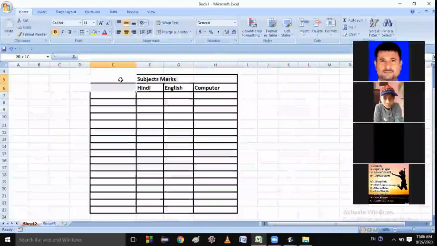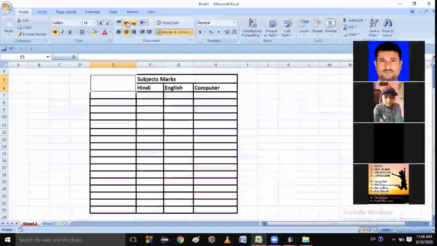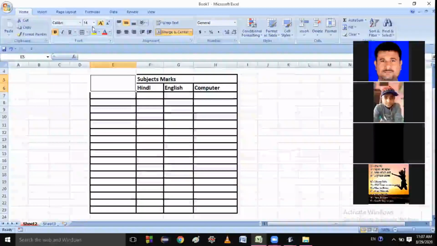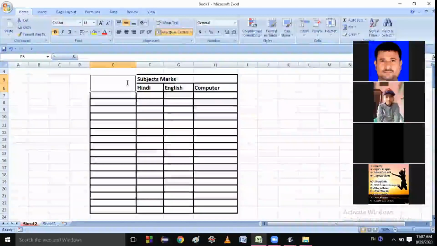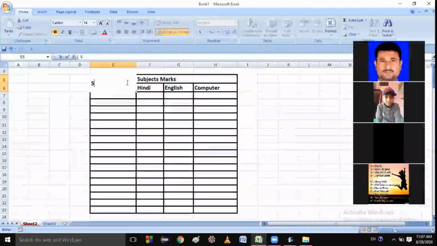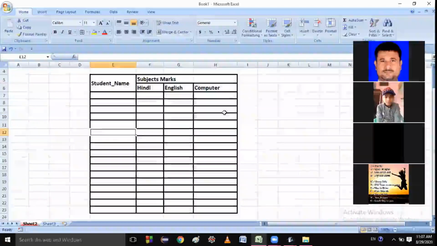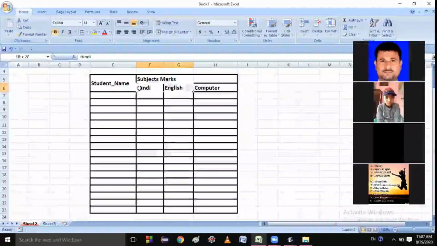These two. Merge and center, and the content will be here, size 14 and bold. And what should be here? Name of the student, student underscore name. Okay, so student name here, subject marks, this will be, and one more thing remains.